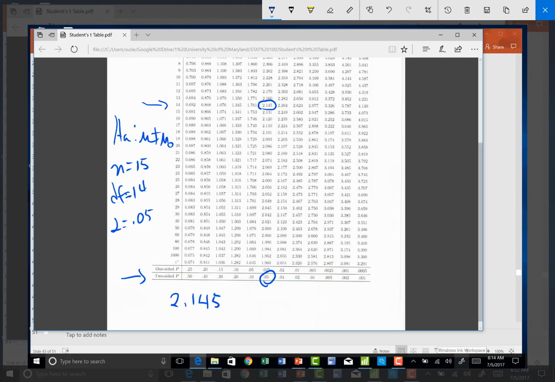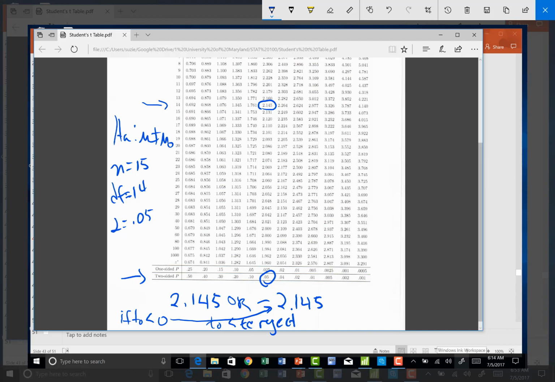So for a two-tailed test, we get a critical value of 2.145, or remember, because we could look at either tail, negative 2.145. That means if my test statistic is less than 0, I'm looking in the left tail, I'm going to use that critical value. So if my T naught is less than my critical value, I would reject the null